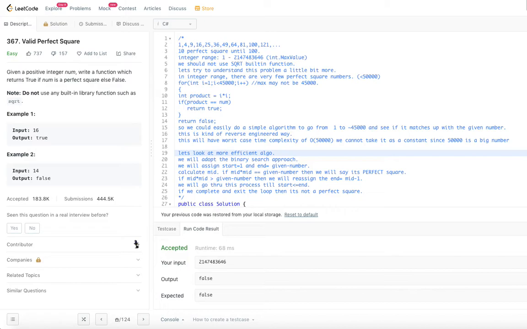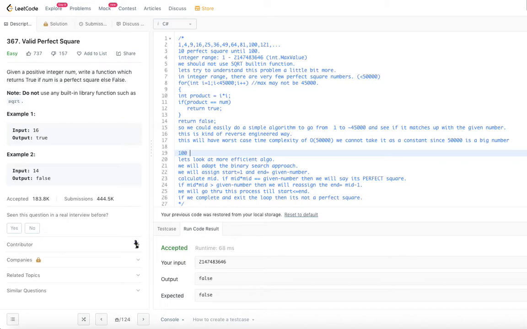Similar to that, let's say we are not given an array here, but our target is the decomposed format of a perfect square. What does that mean? If you are given the number 100, that means 10 into 10, so 10 into 10 makes 100 as a perfect square. What we are looking for is the decomposed format, that means 10 into 10. If we can reach the number 10 from 100 through binary search, we can do much better, right?